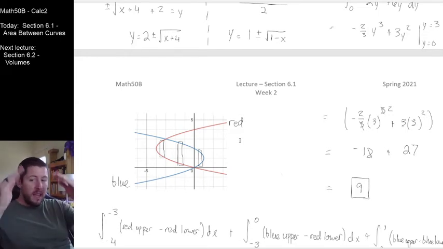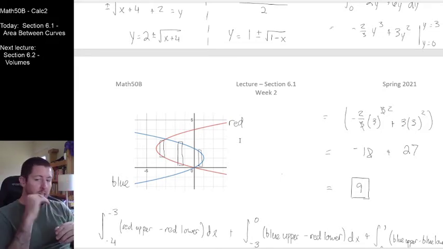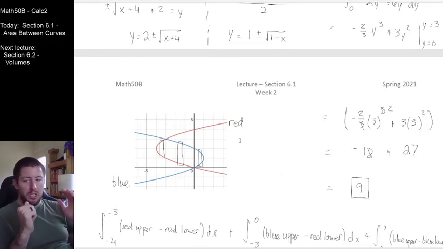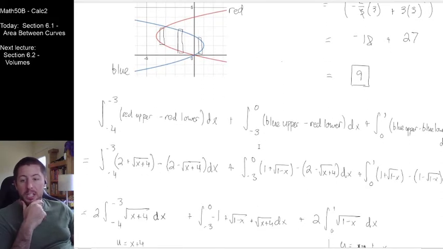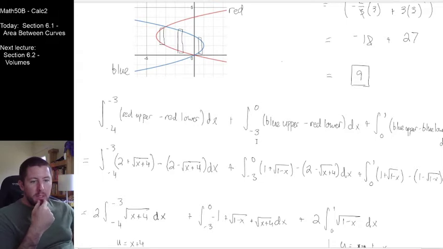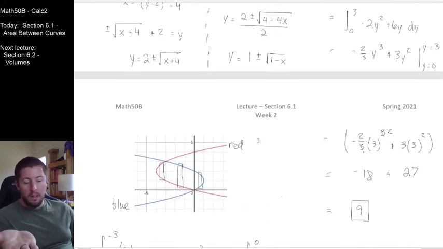When we did the horizontal sticks, it remained consistent the entire time: just the red function on the left, the blue function on the right, and there wasn't any change over the interval of interest. So I think a big lesson to take away from this is almost more strategy than anything else. Don't pick the one that is going to be bad for you, right? In terms of x with up and down facing parabolas, we can use either vertical or horizontal Riemann rectangles,